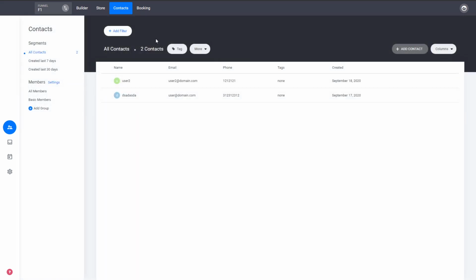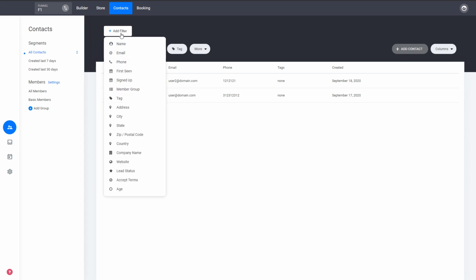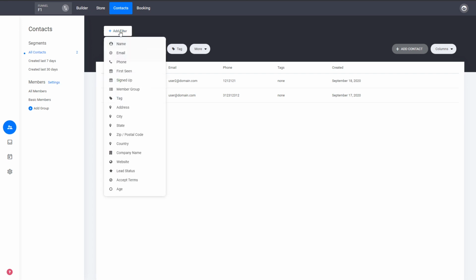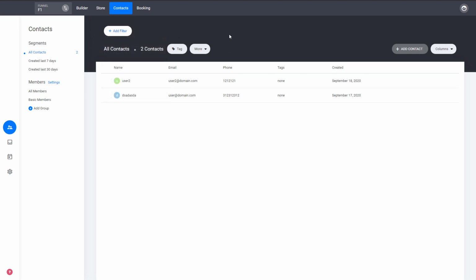Now, of course, from here you can also do filtering. So when you have all your contacts, you can add a filter. Let's say a tag, a phone number, or any of the properties you can filter by. This will help you to create basically a segment of all the users with a specific criteria. So you can just add a filter and add another one if you want, and you can save that segment as well. So let's say the